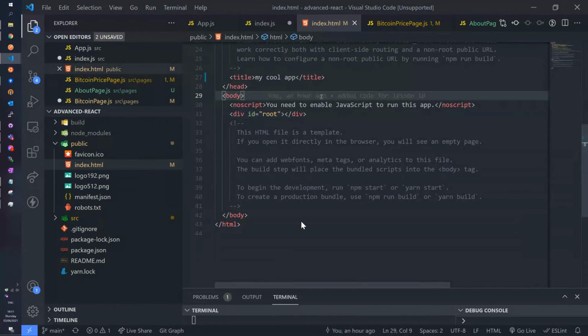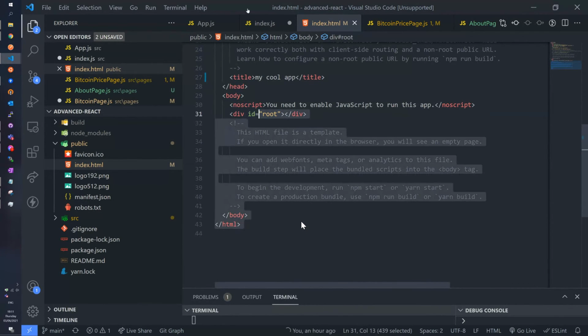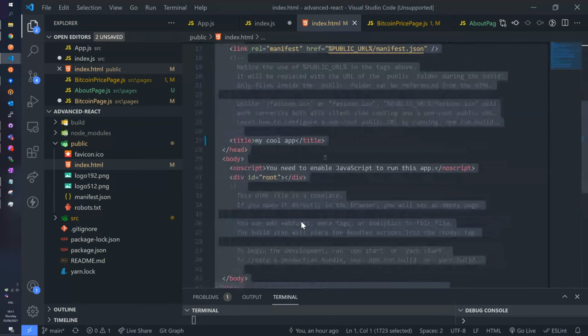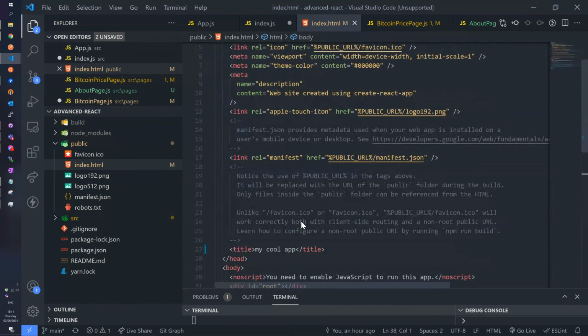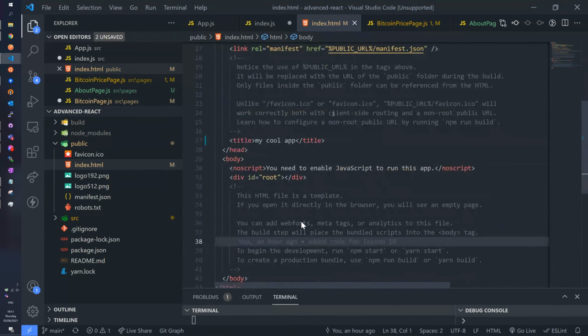And the next thing is a div, and this div has an ID called root. And this is actually the static page that your web page is. Now, what React does, React is a pure JavaScript component that dynamically changes stuff, just like how you did before, in the very beginning of this course, when you were trying to find elements by ID and modify something inside them. That's how React does the same thing.